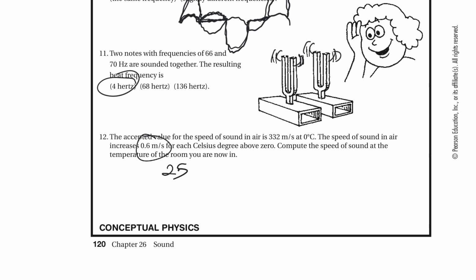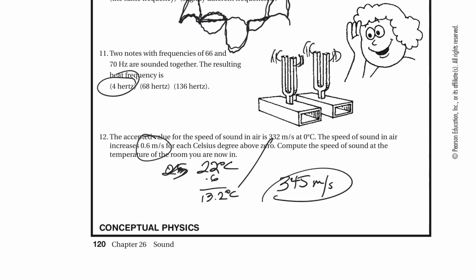Okay. The temperature in our room right now is 22 degrees Celsius. So 22 degrees Celsius times 0.6 is going to be 13.2. That has to be added to the 332. So if you take 332 and you add 13, you're going to get that the speed of sound in our room today is 345 meters per second. That's how fast it's traveling. Okay,